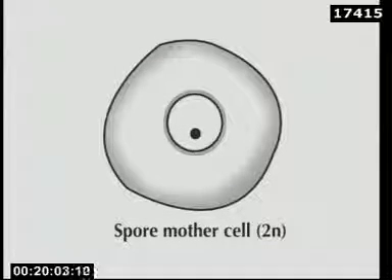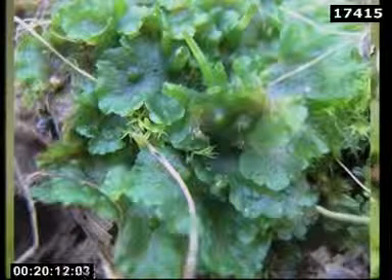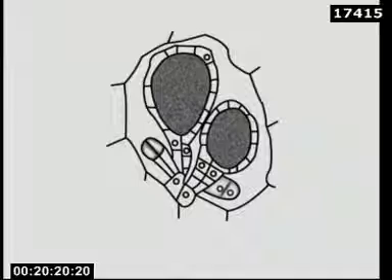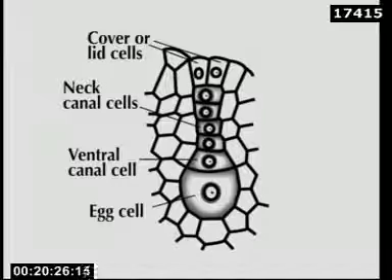They germinate under suitable conditions, each forming a new gametophyte thallus. The gametophyte is green and independent throughout its life. The gametophyte at a certain stage bears the sex organs, which include antheridia produced in antheridial chambers and archegonia with 4 to 6 neck canal cells and a ventral canal cell and obviously an egg. All these structures produced by and connected with the gametophyte thallus constitute the haplophase or gametophyte generation with 1N